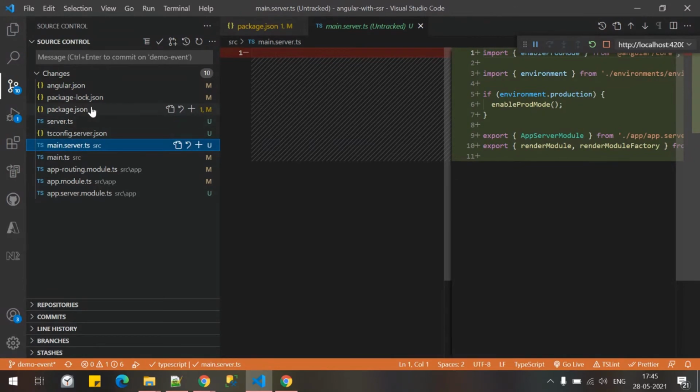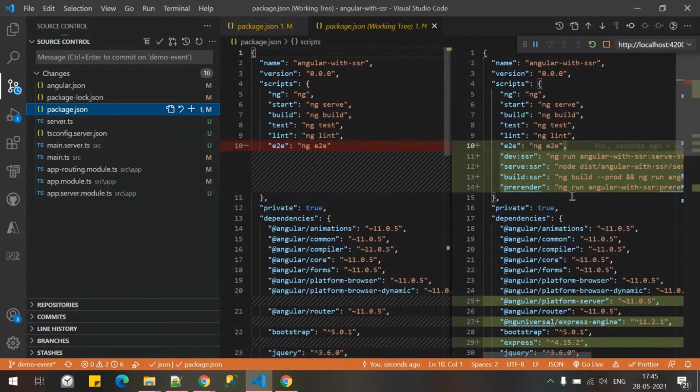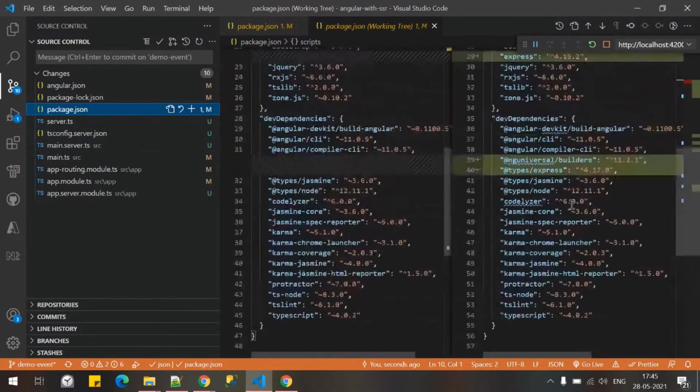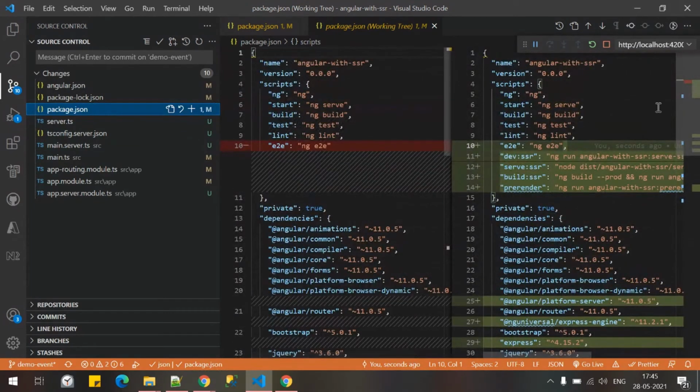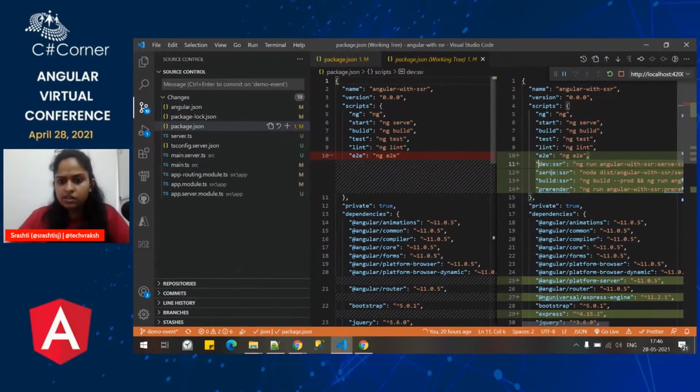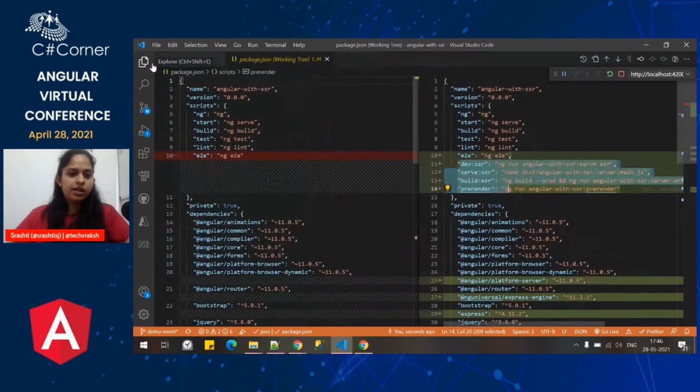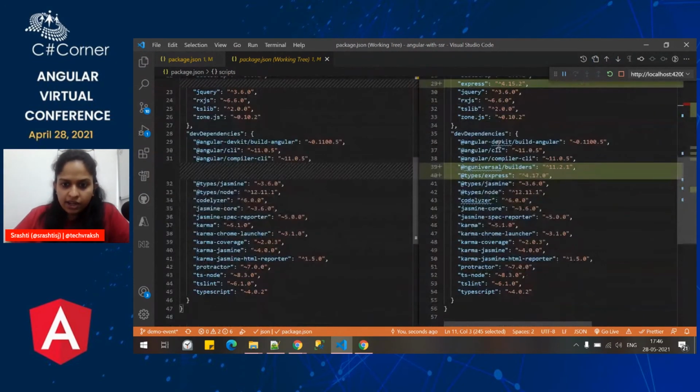And there are a lot of changes in our package.json. It added a block, this one. This is the SSR sort of, let me close. Okay, so these are the commands it added. Other than that, the major thing I saw is what it adds into our package.json.